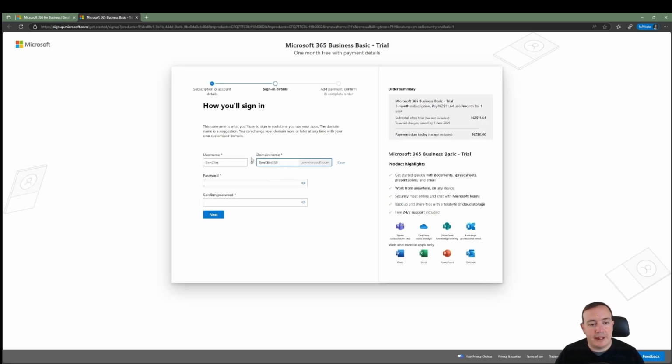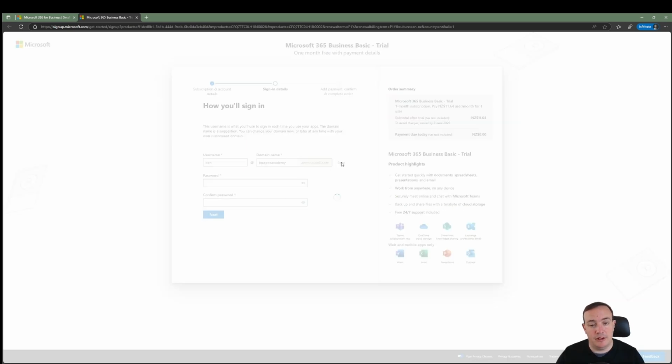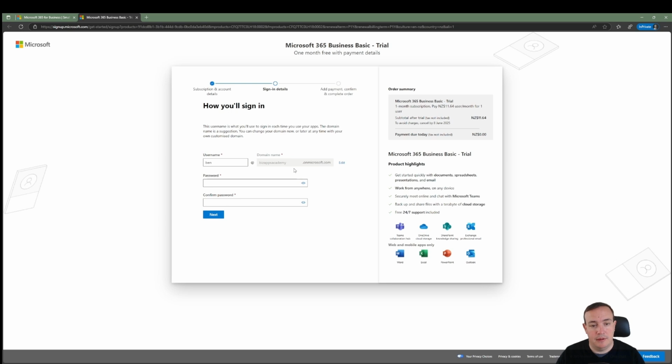Perfect. So we now get to choose our username and our .onmicrosoft.com domain name. So I always just put my name for my username. And then for domain name, you can put in anything you want here as long as it's not taken. So if you hit save, it's going to verify that. And it's letting me do it. So basically, this is going to create an email account for me,